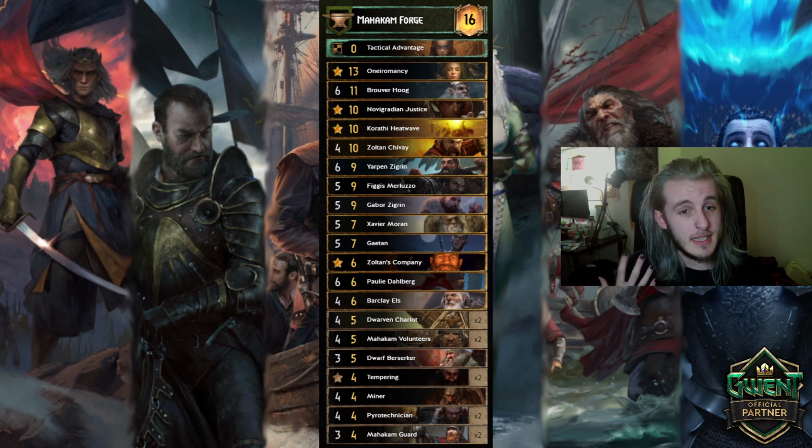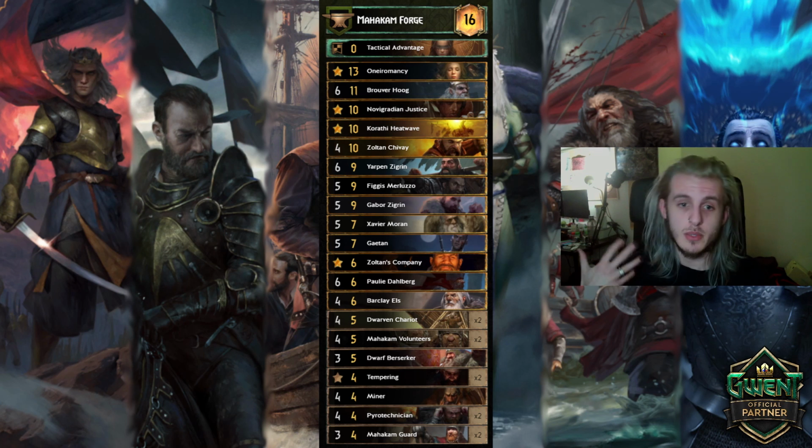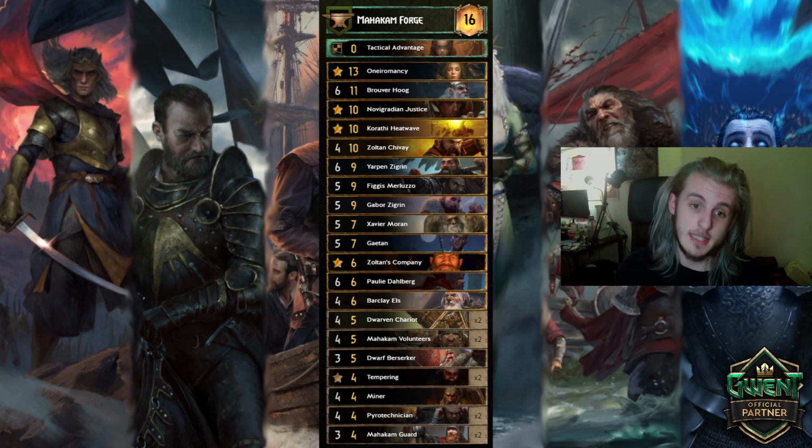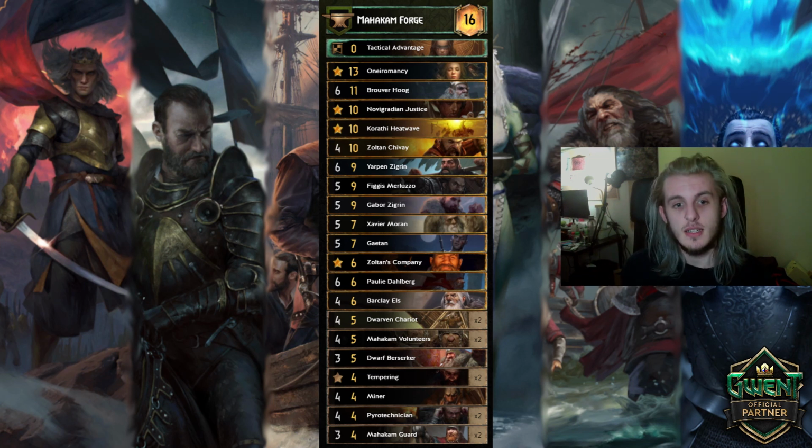So instead, I've kind of gone for a Karathi. We've got a Neuromancy. It's allowed us to run things like a Yarpen. We run Zoltan with Resilience. Run Javier. We've also got a Gaitan, and this is just really another full row